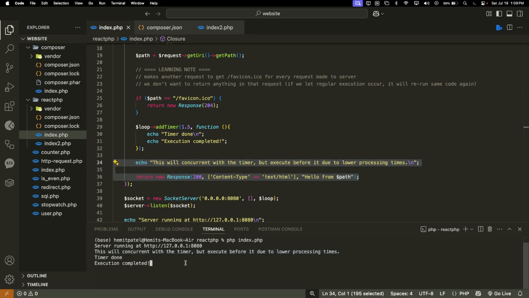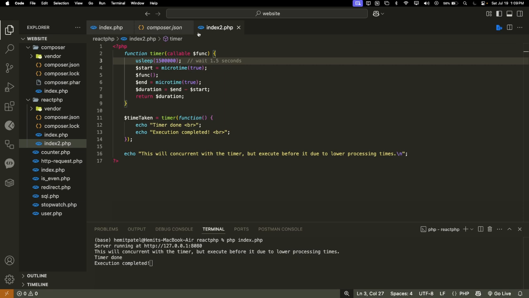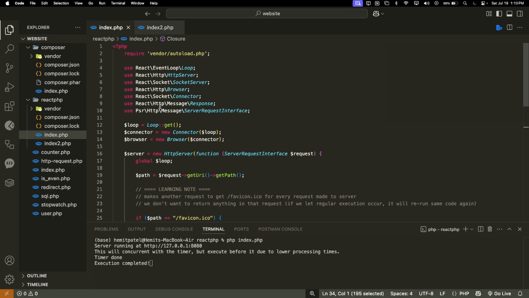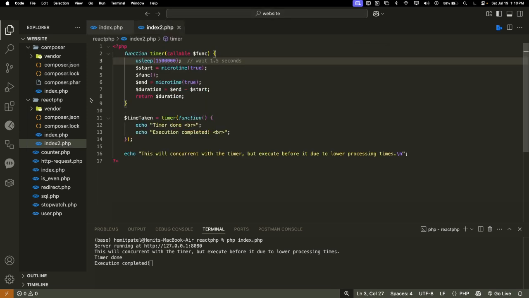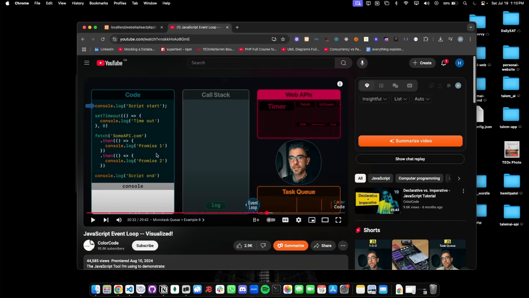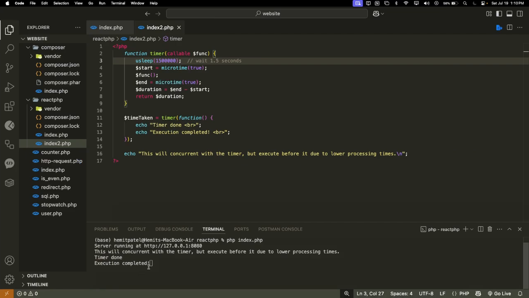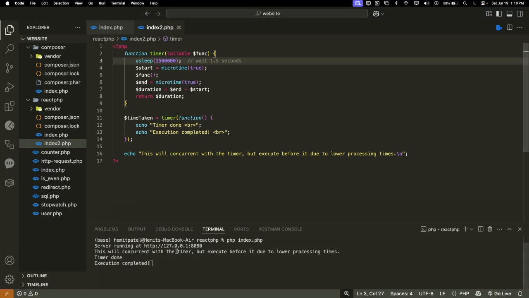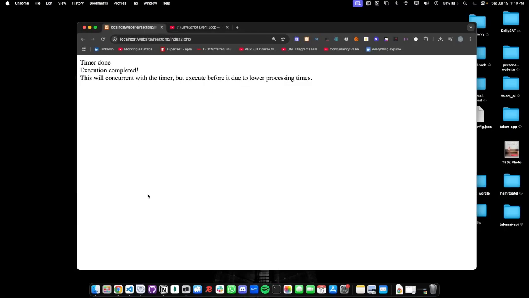Now, to show you a contrasting example, something different, I created this index2.php file. In this case, I'm not using an HTTP server because I'm not using ReactPHP at all. ReactPHP is what provided me with the framework to build that HTTP server. But in this case, I'm just hosting it on XAMPP, right? So here it is, and so when you run this, right,